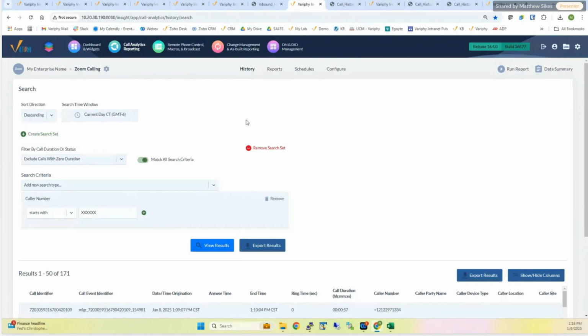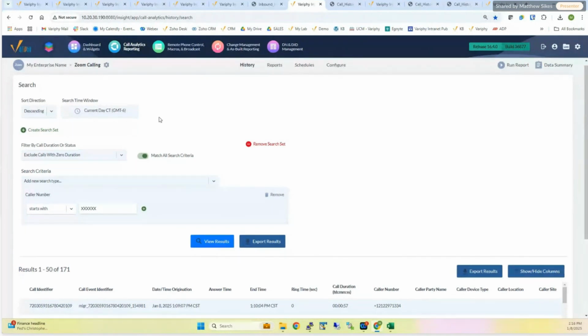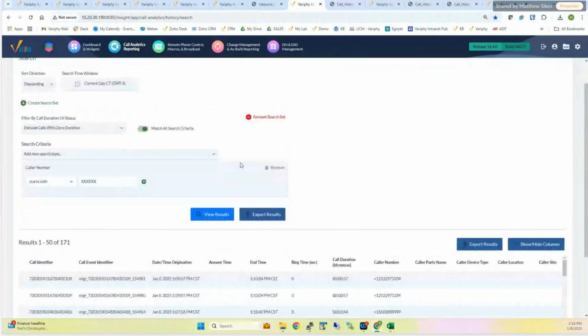So maybe we don't have much to go on, but we know HR or legal or management wants to know exactly who's calling, where they're calling to, based off of this phone number. This is definitely something you can take advantage of. So plugging in that number right here, running an export, maybe turning on that cradle to grave logic, so that